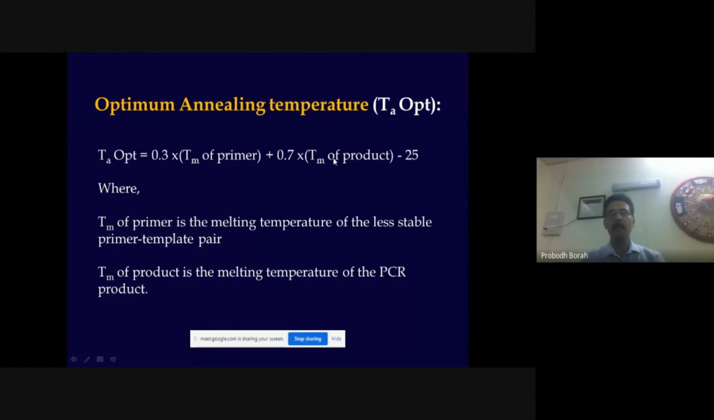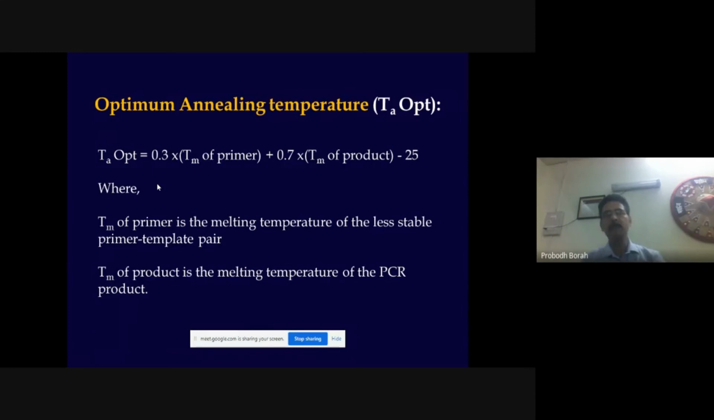But to know the TM, you need to have the sequence of the target. If the target sequence is not known, then you cannot go for this. If the target sequence is known, then you can calculate it out, and the optimum annealing temperature can be calculated very easily. But of course, nowadays it's not a very big task, because